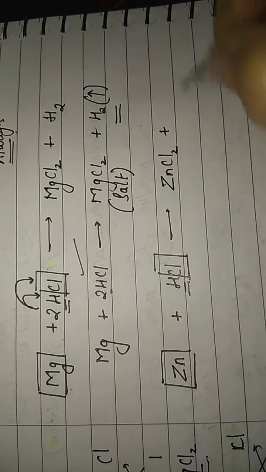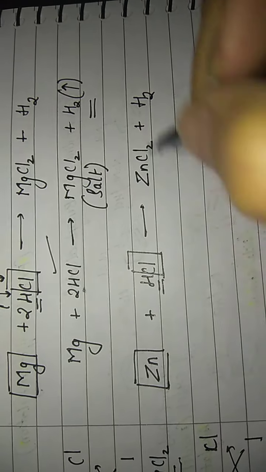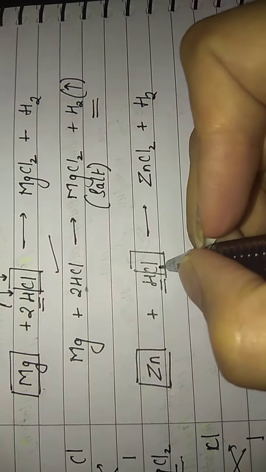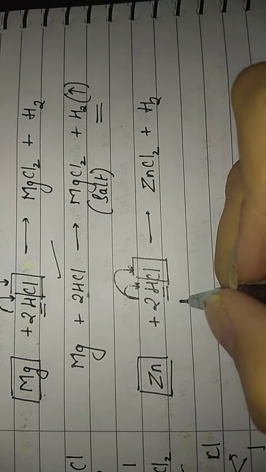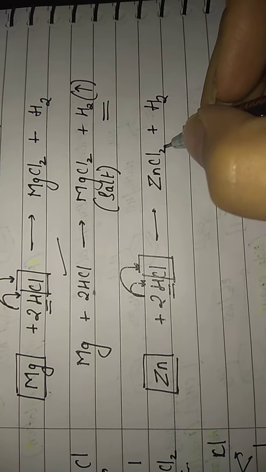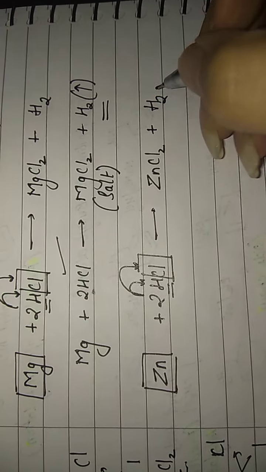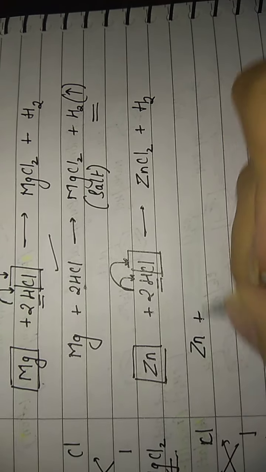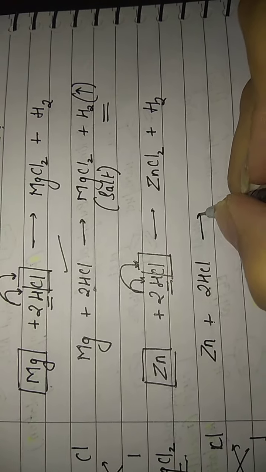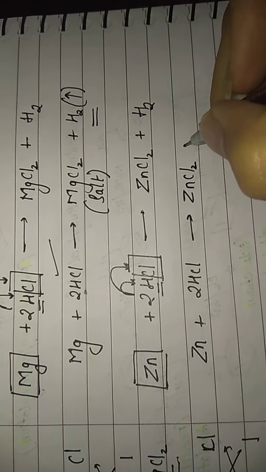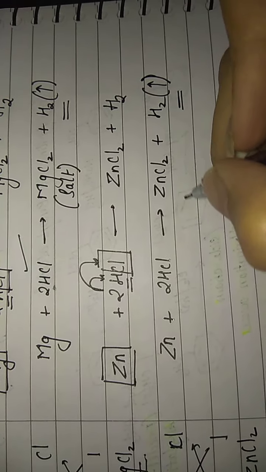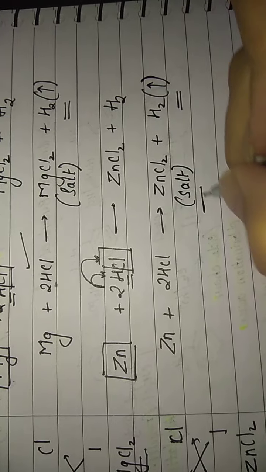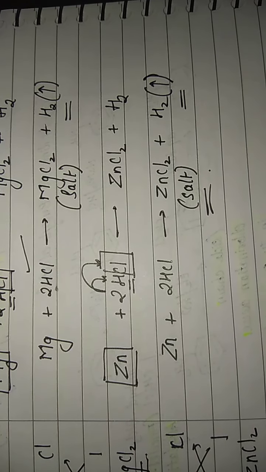Now let us see whether the equation is balanced or not. 1 Zn on the left, 1 Zn on the right. 1 Cl on the left, but 2 Cls on the right. So I make this 2, right? But this 2 will be multiplied with both H and Cl. So let us see. 2 Cls on the left, 2 Cls on the right, 2 hydrogens on the left and 2 hydrogens on the right. So this is your balanced equation of the reaction of zinc with hydrochloric acid. Again you are getting the gas hydrogen along with the salt zinc chloride. So this is how you react metals with acids.